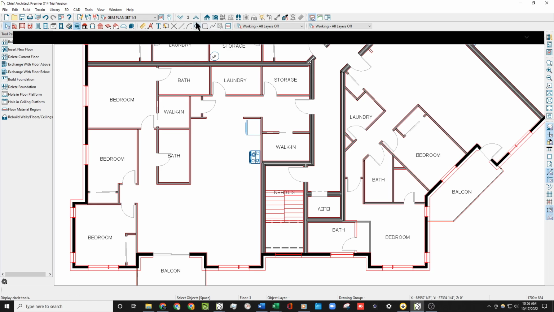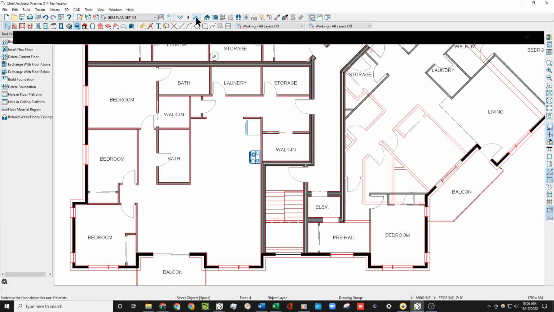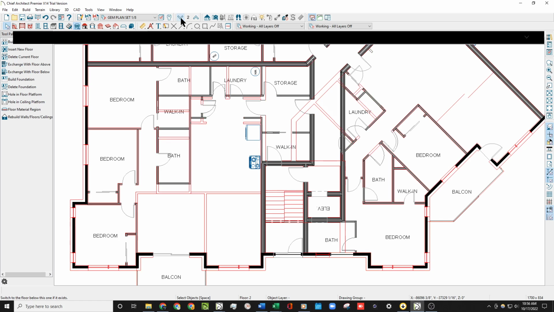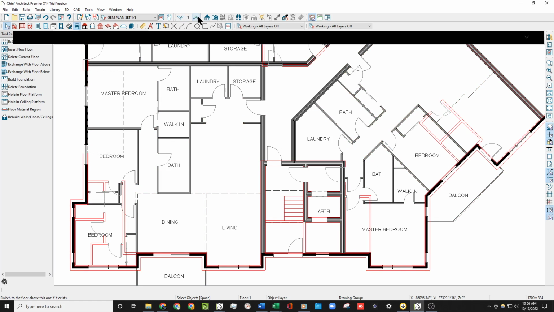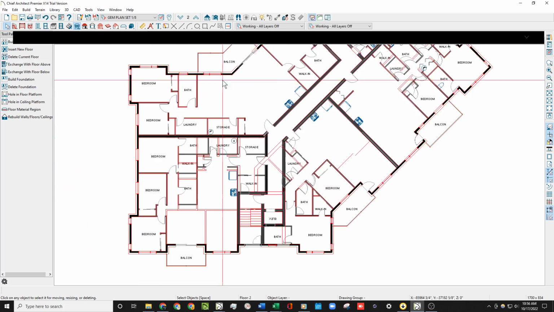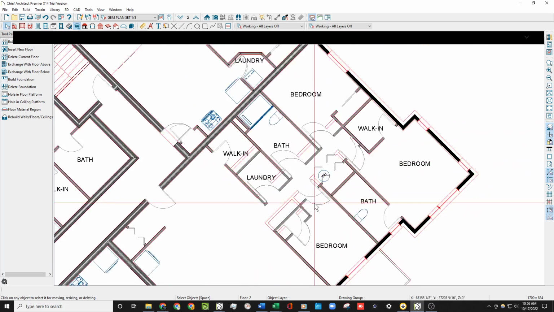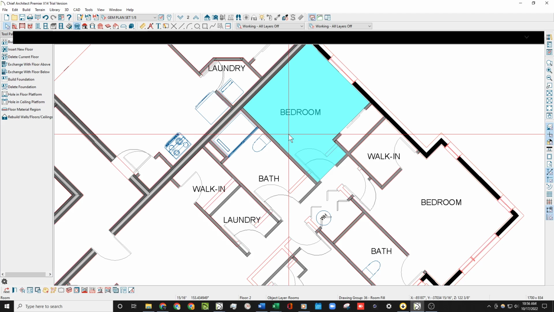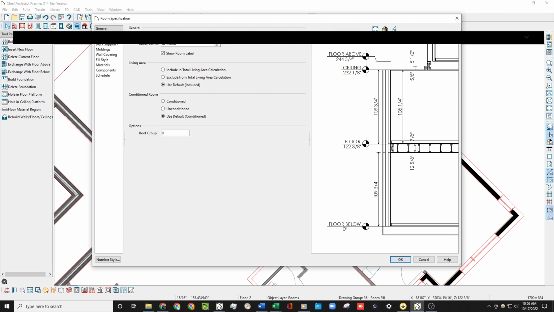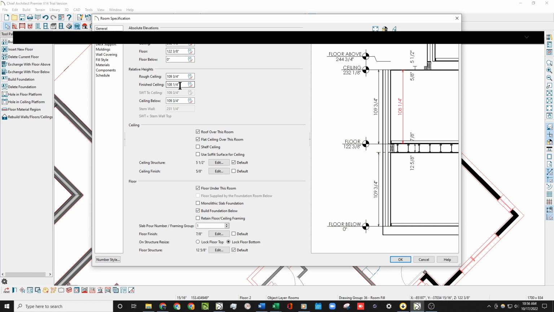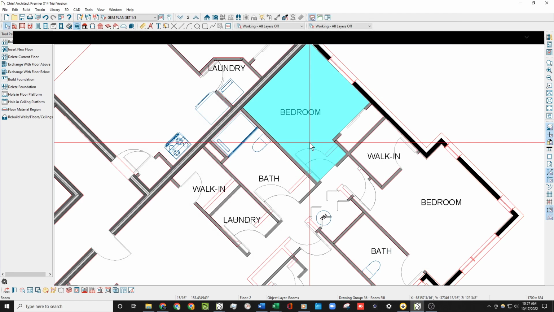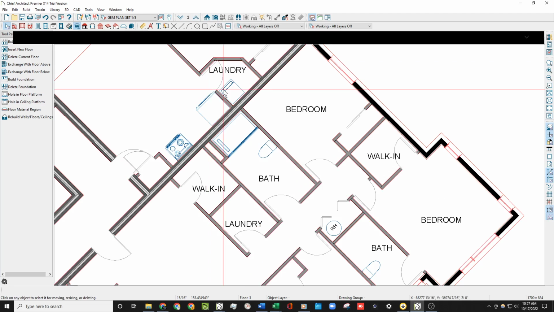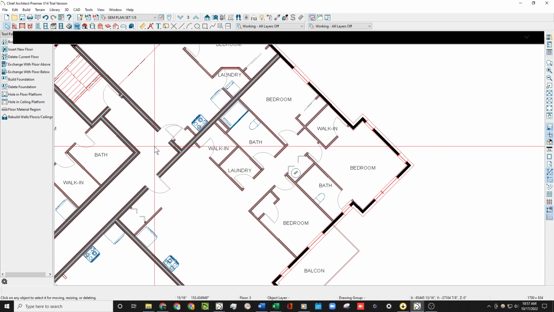Okay. Yeah, so when you have rooms that don't align from floor to floor, for example, this bedroom, if we somehow accidentally put this at 120 inches,